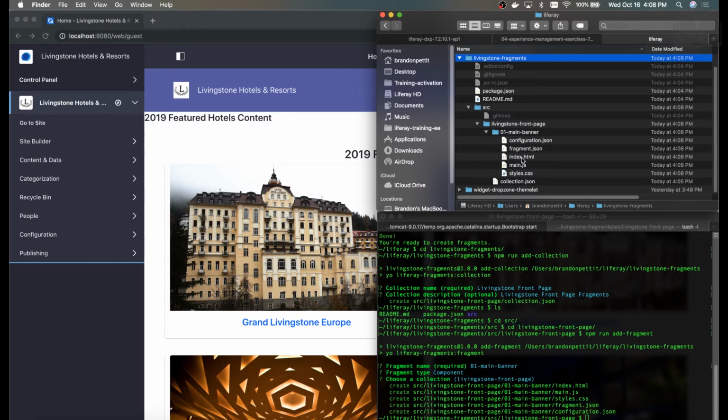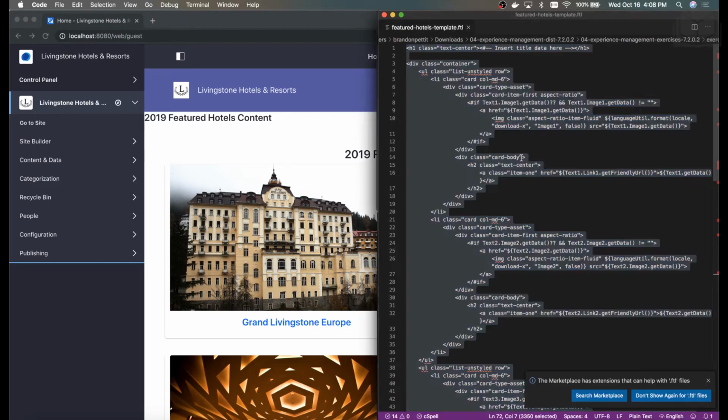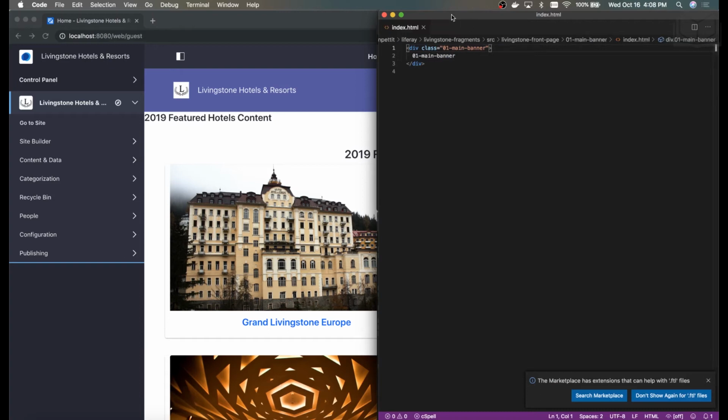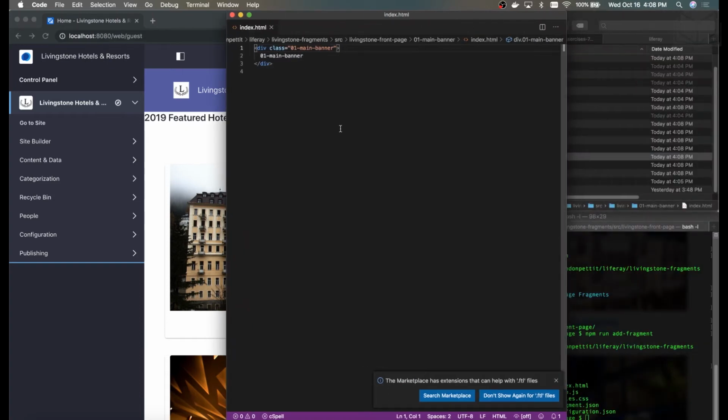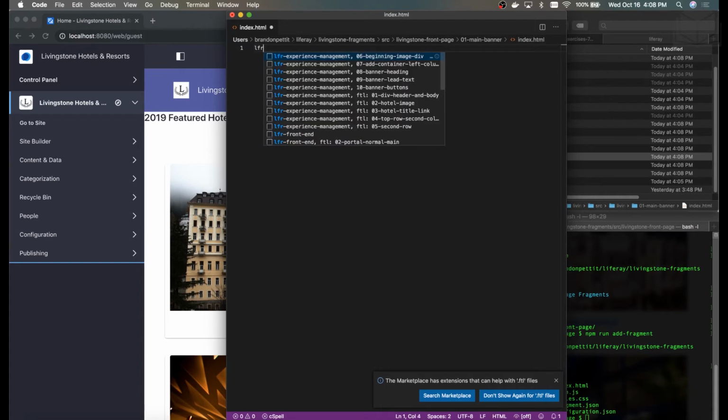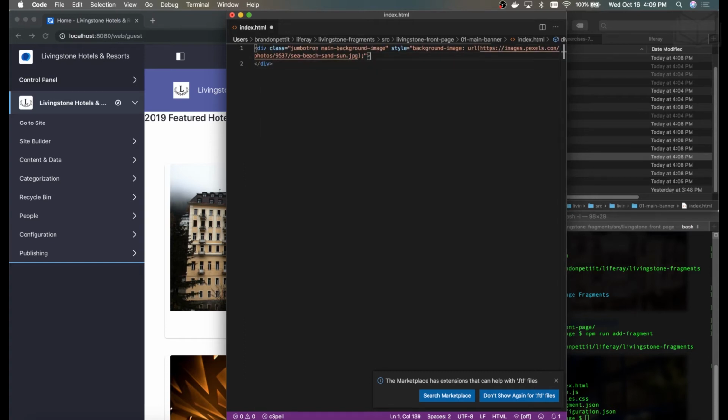So let's open up the index.html in Visual Studio Code, and this is going to be our main banner. What we're going to do is delete the sample code in the file. We're going to type in LFR, and choose the 6th snippet, beginning image div. This is going to give us just a basic image that we can work with as a background. And then we're going to hit enter and tab within the div,